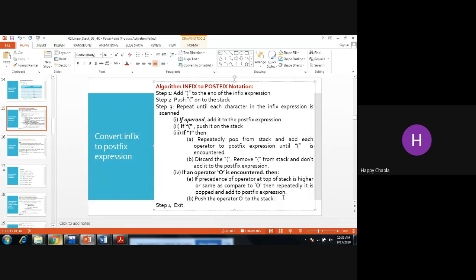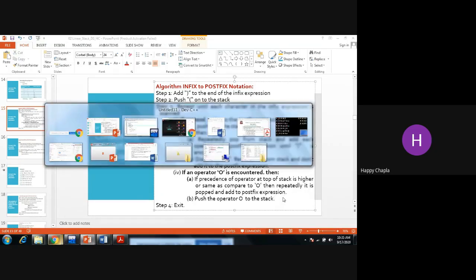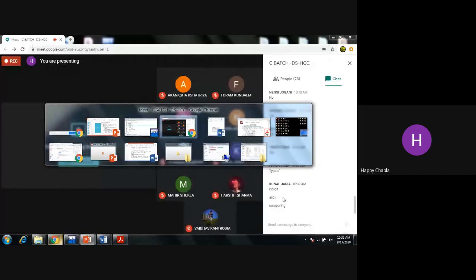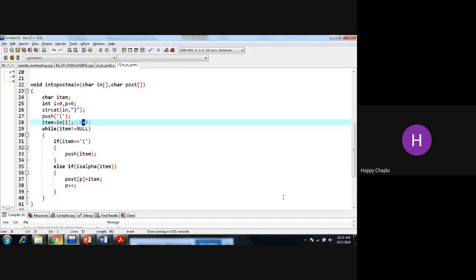How can we check the precedence? Because our compiler is not aware of the precedence. If I have the power symbol, it will contain the higher precedence. If I have the star symbol, it will contain one lower precedence than the power. If we have plus, it will contain the lowest precedence of every operator.